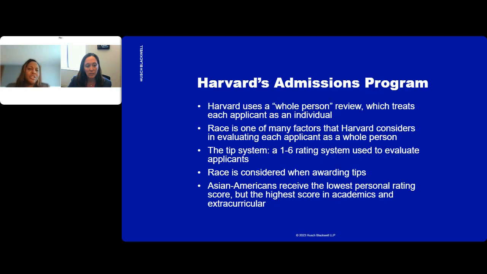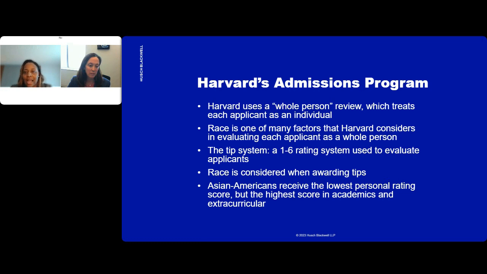So let's talk about Harvard's admission program. Harvard uses a whole person review, in which the admissions committee considers each applicant's unique background and experiences, alongside, of course, their academic achievements, to find applicants of exceptional ability and character who can help enrich the campus community. They want it enriched on multiple dimensions: the academic interests, extracurriculars, race, socioeconomic background, and life experiences. Harvard also uses a system of tips, which the First Circuit described as plus factors that just might tip an applicant into